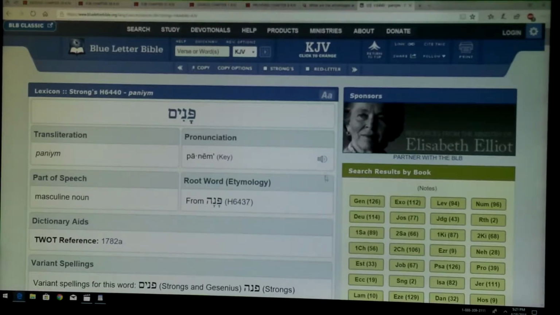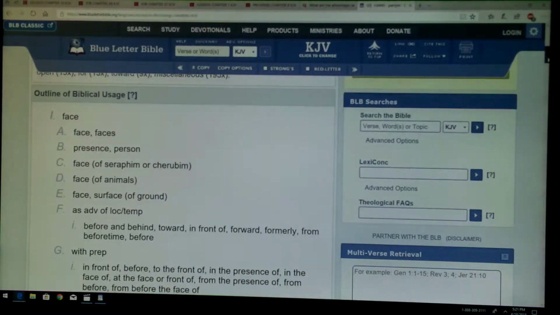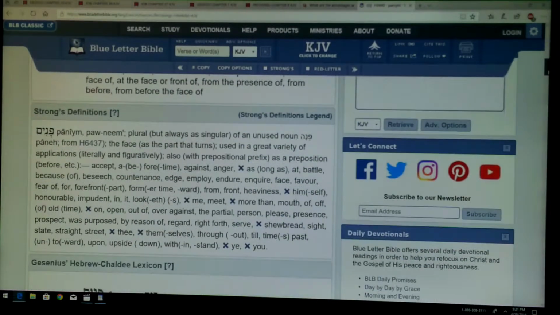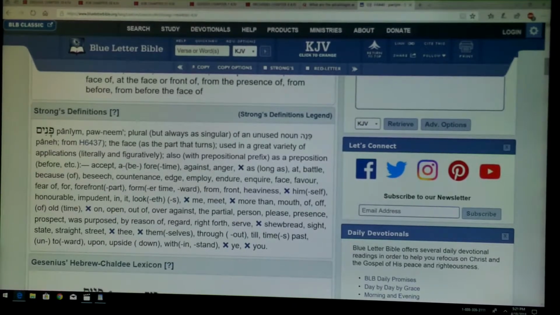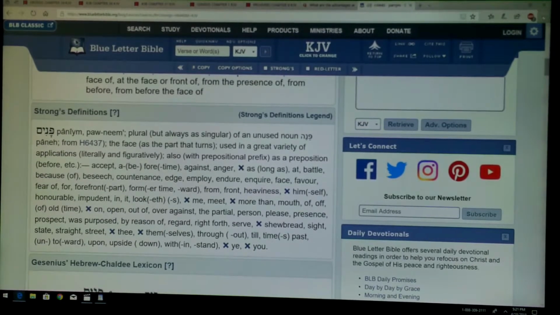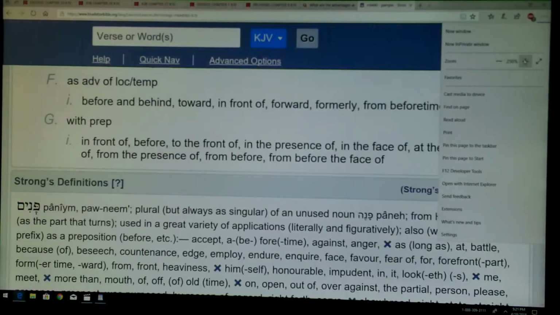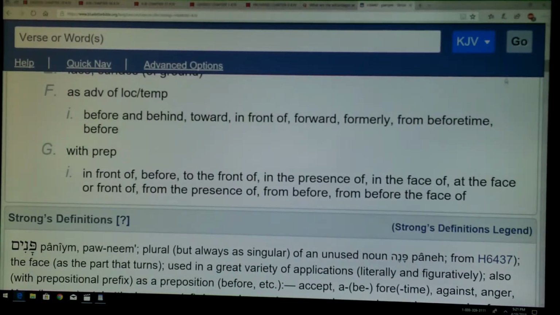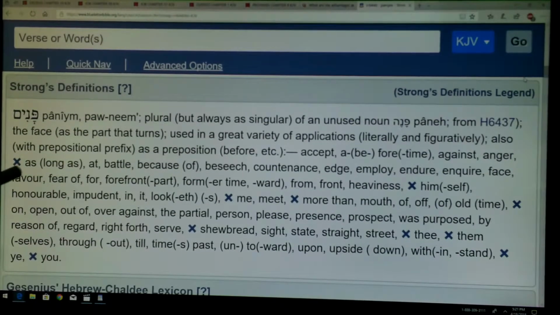Strong's H6440, panim, panim. Gesenius Lexicon, Penuel, Penuel. Second entry, Peniel, Peniel. Okay, let's learn about that panim. All right. Here we go. Panim,